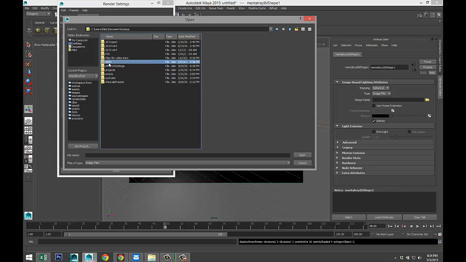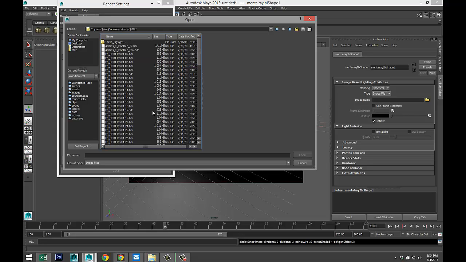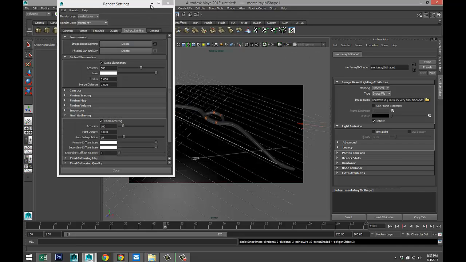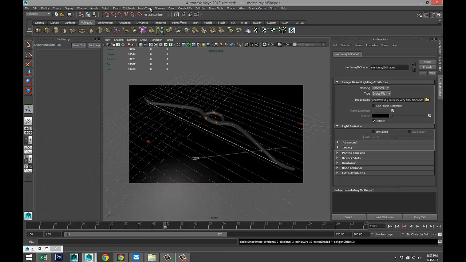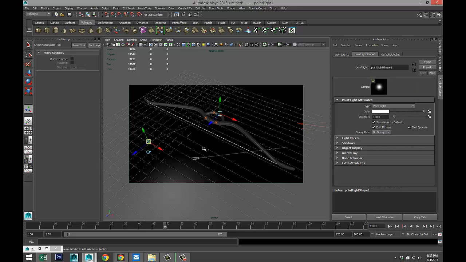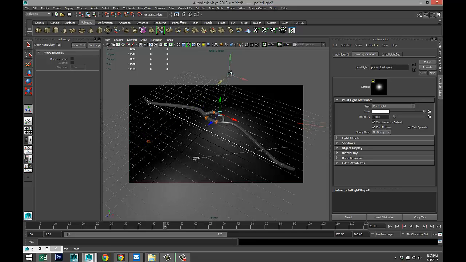HDRI. There we go. Let's go down here. Very dark black sky, which is kind of cool. All right. And we'll take this point light, hit Control D to duplicate that, and bring that over here and bring that up. Okay. That should be better.